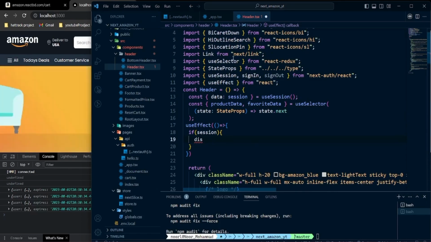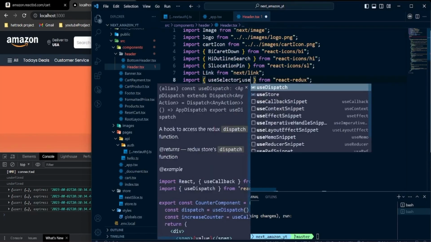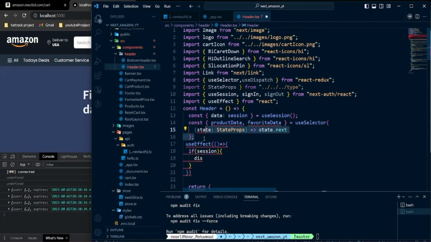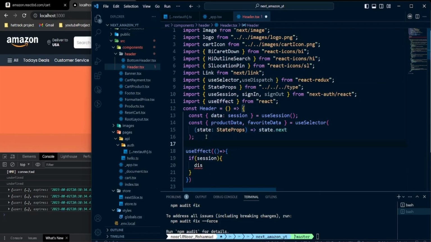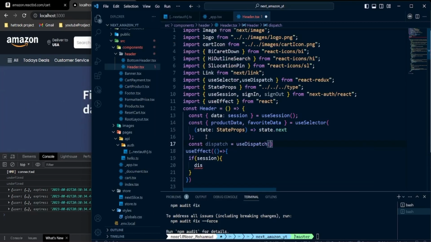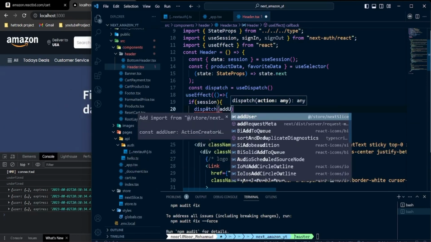Okay, I believe we take use selector. Okay. I'm going to pass also use dispatch. Use dispatch. So whenever we have the session, we're going to dispatch an action, and that dispatch will be add